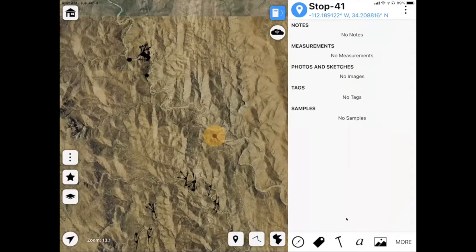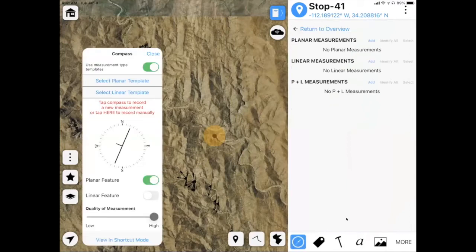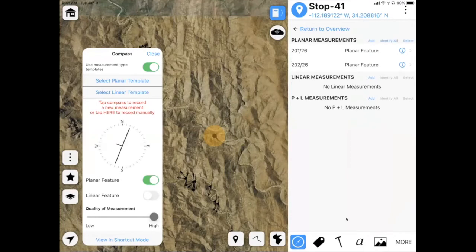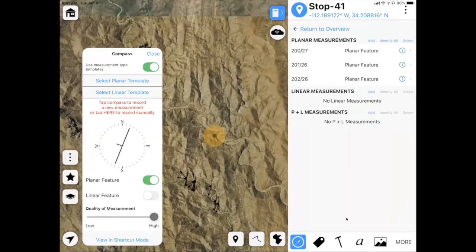But if I want to add a measurement, it's as simple as clicking the measurement tool. And now you can see, as I rotate my iPad around, that the strike and dip symbol updates. I can collect a planar feature just by tapping on the compass. I can do that as many times as I want if I want to get a lot of measurements. I can also add